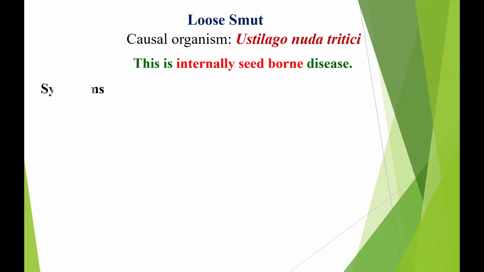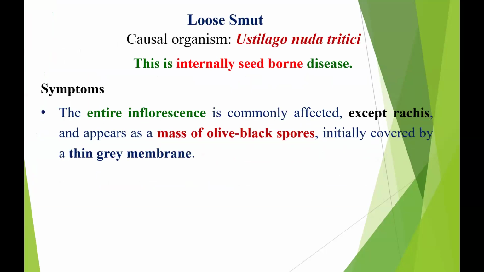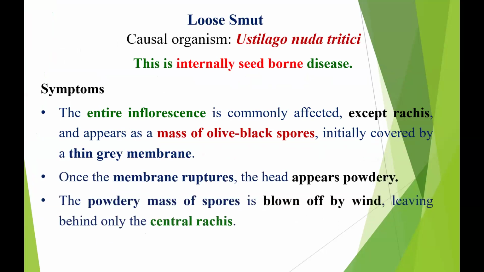Then comes the loose smut, whose causal organism is Ustilago nuda tritici. This is an internally seed-borne disease, and the symptom is that the entire inflorescence, which is the main part of the wheat crop, is covered with a mass of olive black spores, except the rachis. And when the wind blows, the whole spores are blown away and spread in the field, but the rachis is left behind. And the head appears powdery,